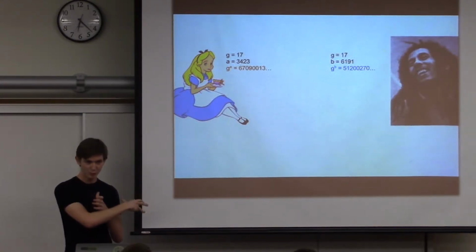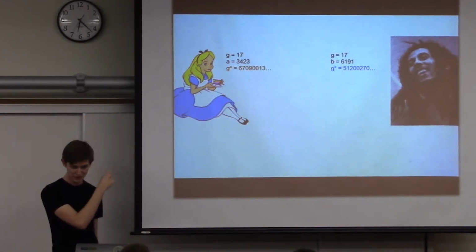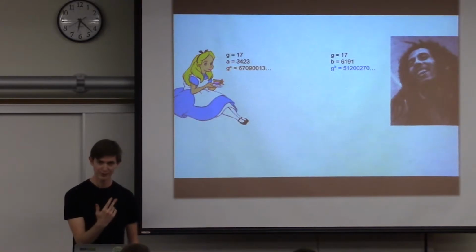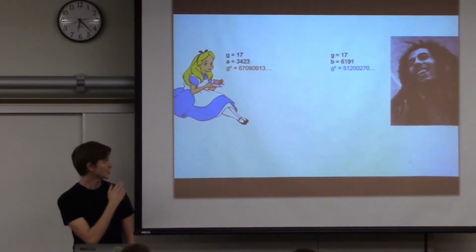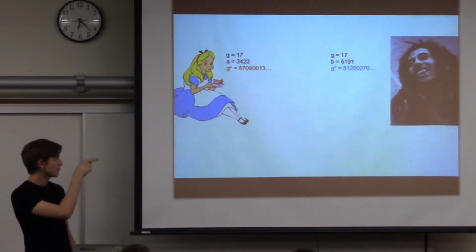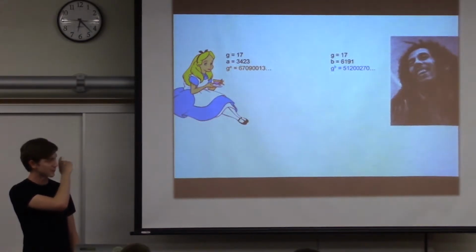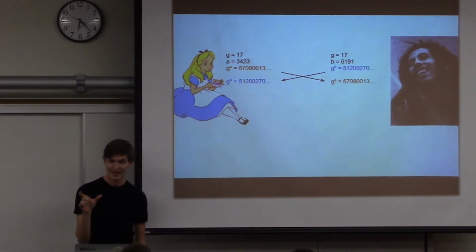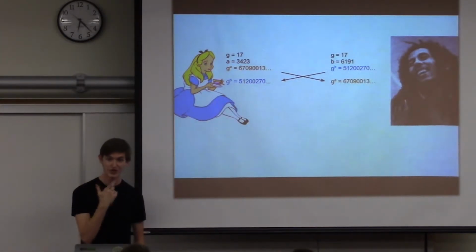So they have these really giant numbers that are G raised to the power of their secret numbers, and that's called their public component. They can share that, and no one's going to be able to go from G to the A back to A. You can't figure out 3423 from that long string. So they can just send that over the internet, and even if someone intercepts it,